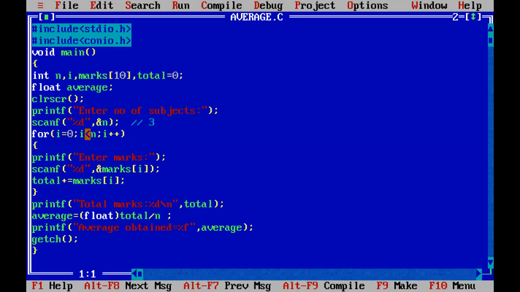1 is less than 3. True. So you can get inside again. Enter marks. Next time I entered 90. 90 will reach the address of marks of, what is the current value of I? 1. So address of marks of 1 it will take. Next, total is equal to previous total 89